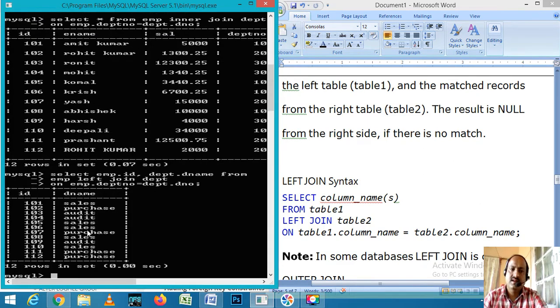Now you can check all the values. You are getting the employee ID from the first table and corresponding values from the department table.